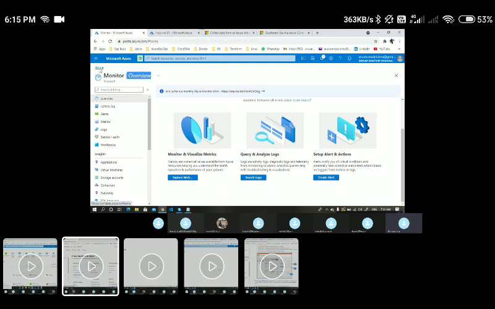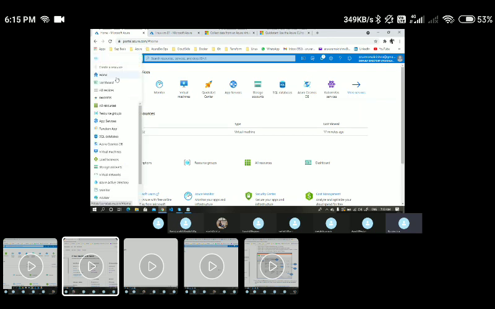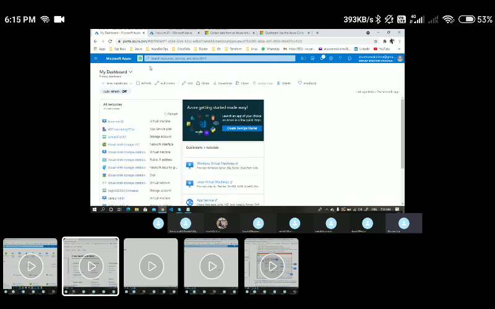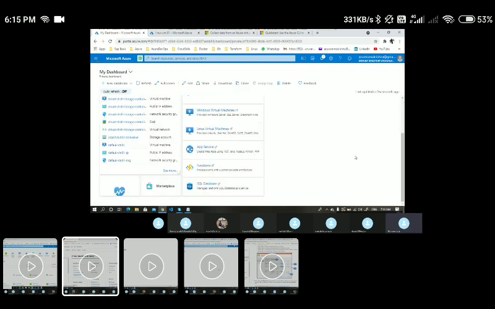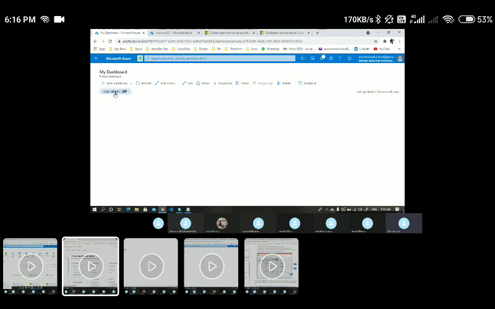Before that, if you wanted to create any dashboard for the monitoring, we can use the feature called Dashboard here. Under this home page, you can see the dashboard. If I click on the dashboard, you can see one default dashboard. If I click on the drop down here, I don't have any other dashboards at this moment, so I can create a new dashboard. Let me click on new dashboard, and let me go with a blank dashboard for now.